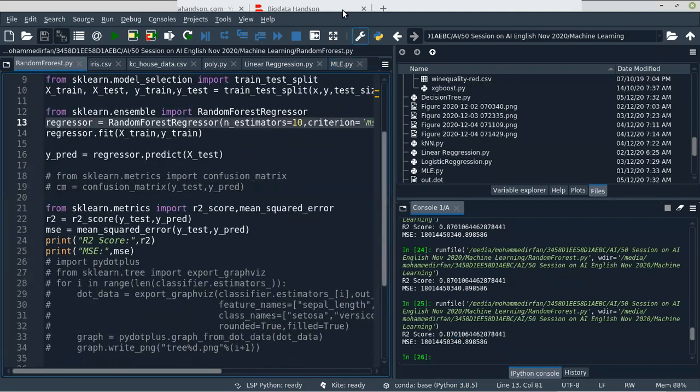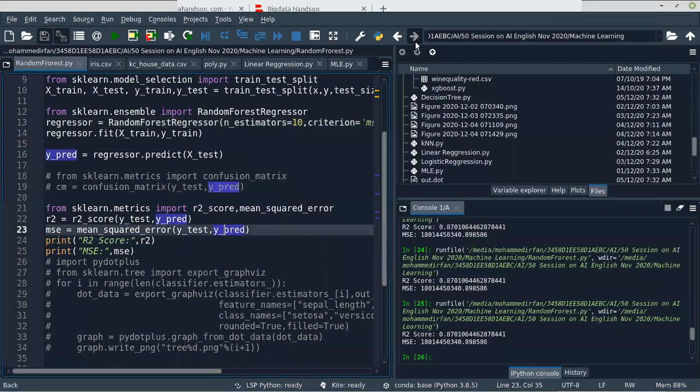Do you have any doubts? Any doubts? Actually, we can visualize the regression trees also.